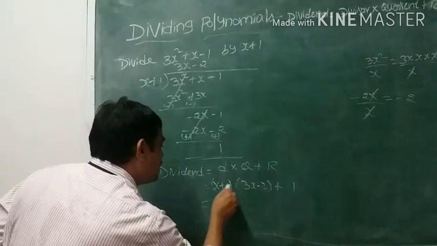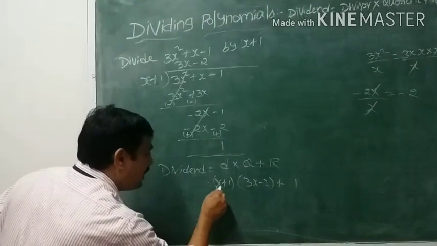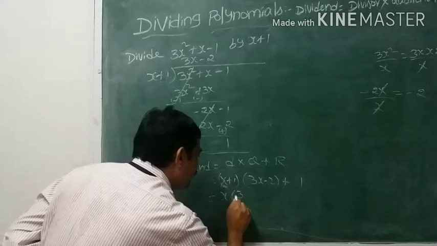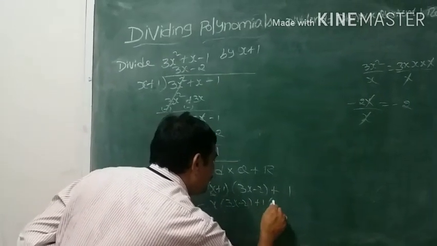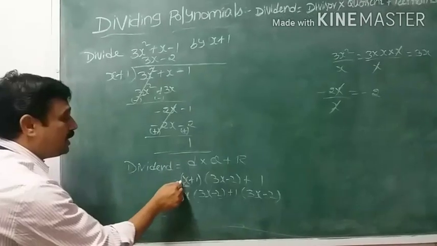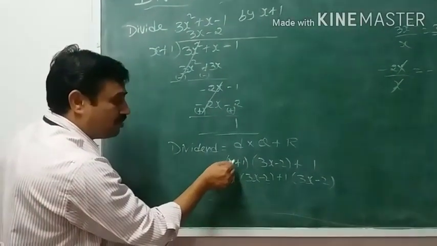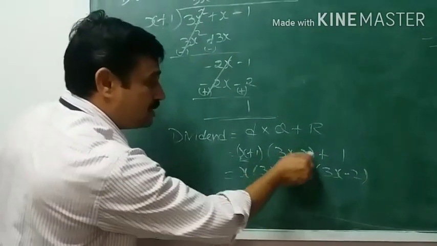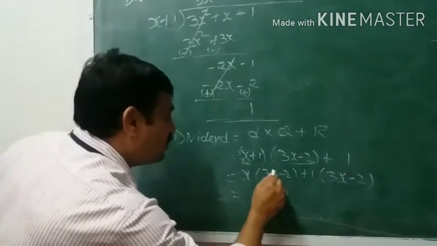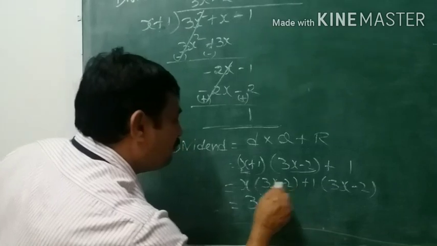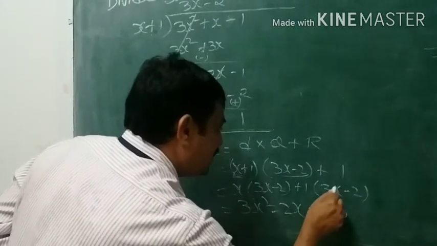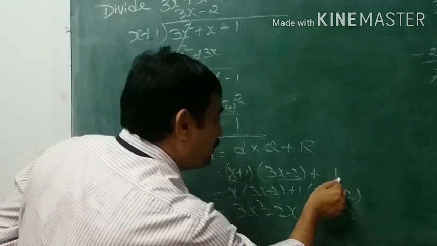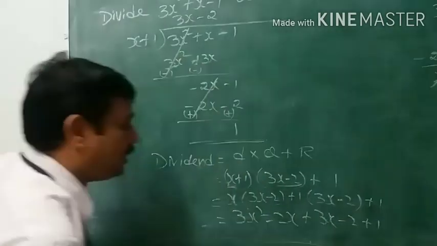Now see this one. Here which one is the first term? x. With x we have to multiply these two. How? Now see. x into 3x minus 2 plus 1 into 3x minus 2. That means here two terms are there. First of all take the first term. With the first term we have to multiply these two terms. And again after that with plus 1 we have to multiply the same way. Now x into 3x is 3x square, minus 2 into x is minus 2x, plus 3 into x is 3x, plus into minus. Here the remainder plus 1 is there, so write that plus 1 as it is.